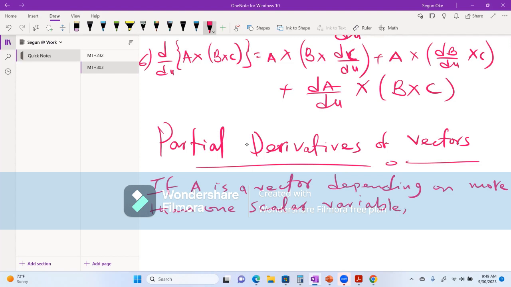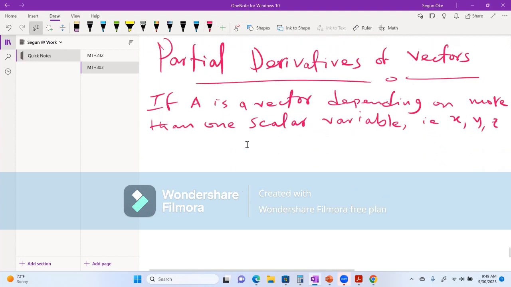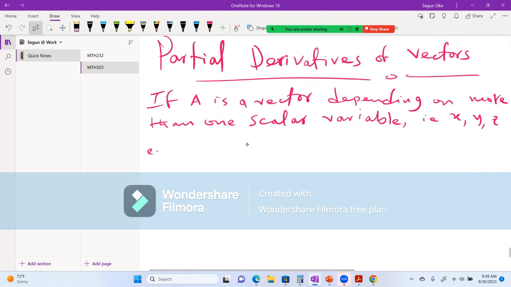Let's say that is x, y, z. For example, A equals A of x, comma y, comma z,